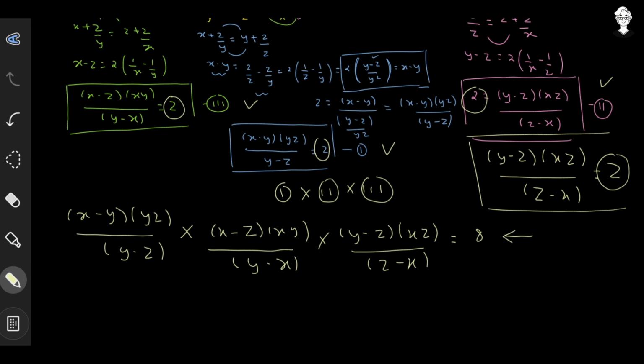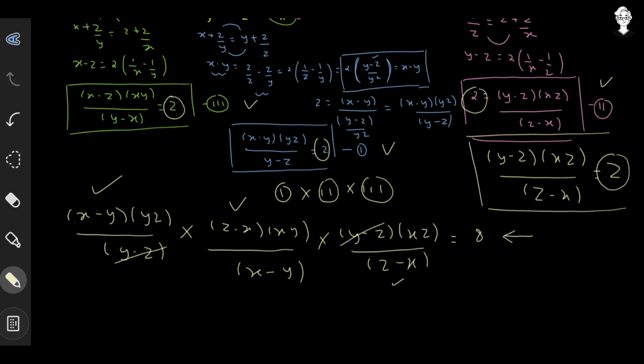The first thing that we can notice is y minus z got cancelled out, x minus y is there and y minus x is there, x minus z is there and z minus x is there. So what we can do is simply change the sign of this particular term. Meaning if we change the sign in numerator and denominator, the sign will change inside the bracket and these two negatives will also get cancelled out. So we can simply do it over here. So x minus z will turn out to be z minus x and y minus x will turn out to be x minus y. So changing the sign together in the numerator and denominator is all okay.